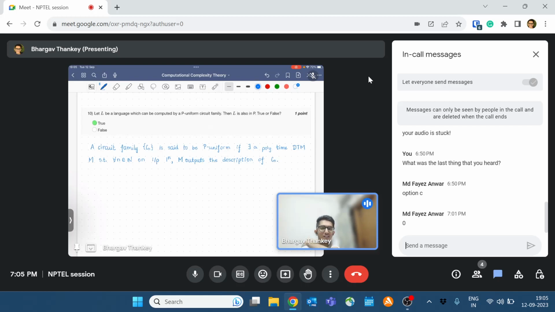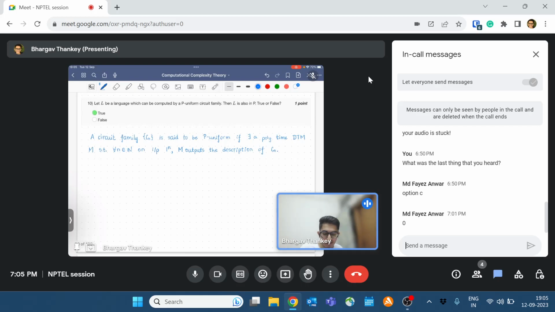So basically, a circuit family is said to be P-uniform if we can generate every member of it in polynomial time. And the claim is that if L can be computed by a P-uniform circuit family,